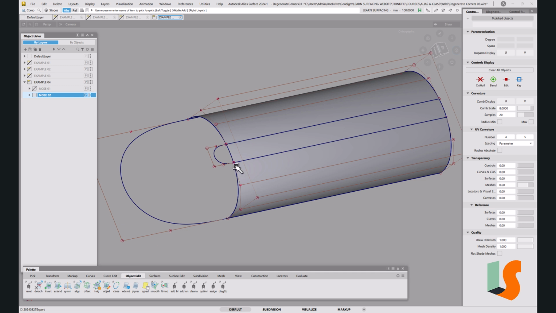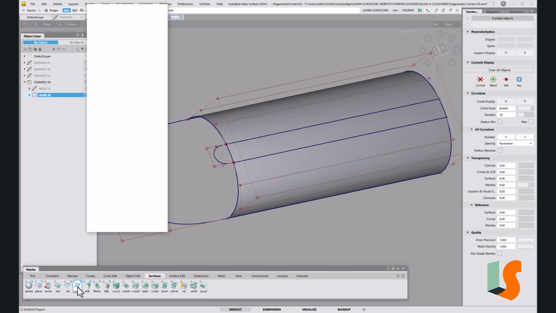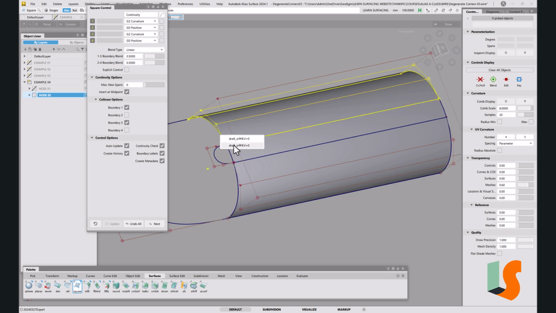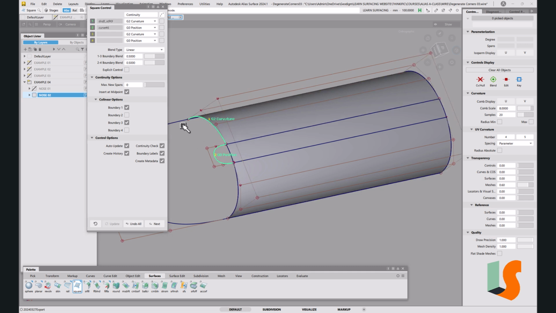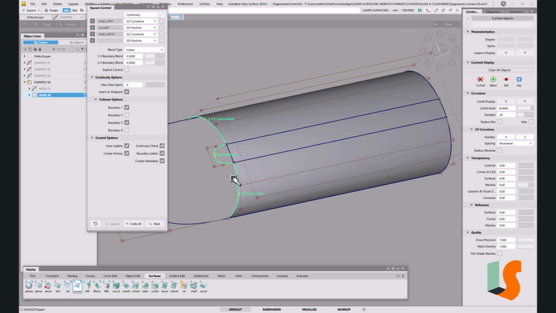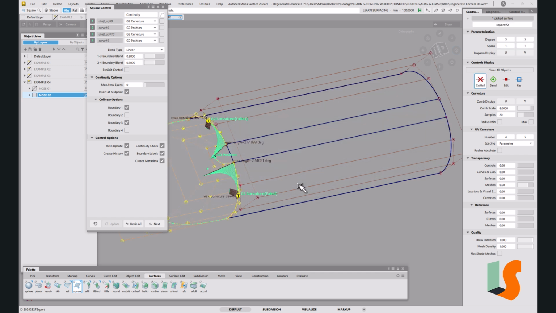So we want to pick up these little edges here and create our square surface. So let's go into surfaces here. So I'm going to make this the first one, second, third, fourth. So the first and the third edges need to have curvature on, which is what I've got. Also want to put linear on. So I've got boundary 1 and boundary 3. I've got this collinear option. So let's go and pick those surfaces. So it's that one. This is the second edge, or it doesn't matter if I pick that one. It doesn't matter which order I do those in, but as long as the first and third have got the curvature on, then we're okay. And then that one there. So I've got curvature on here,